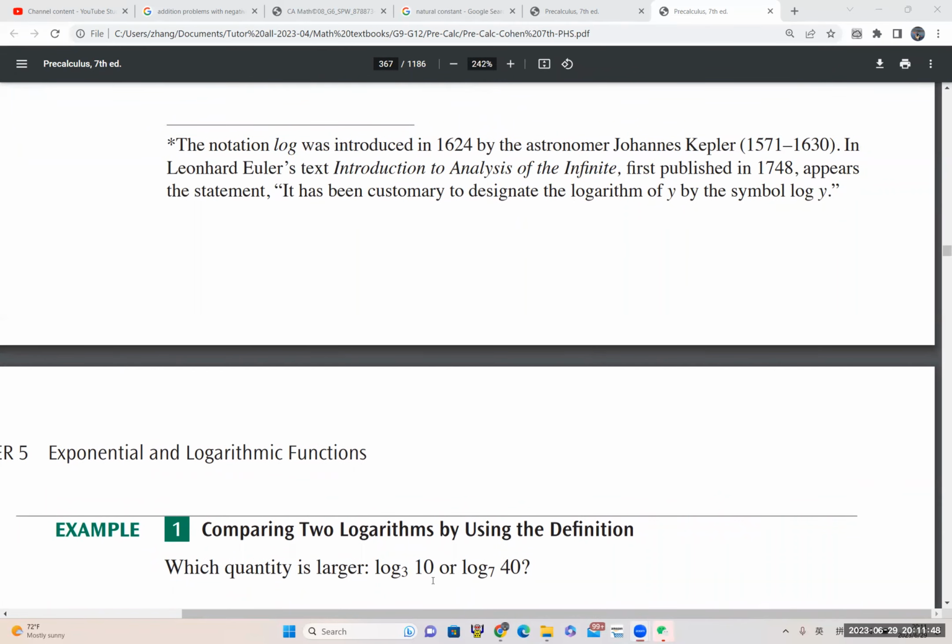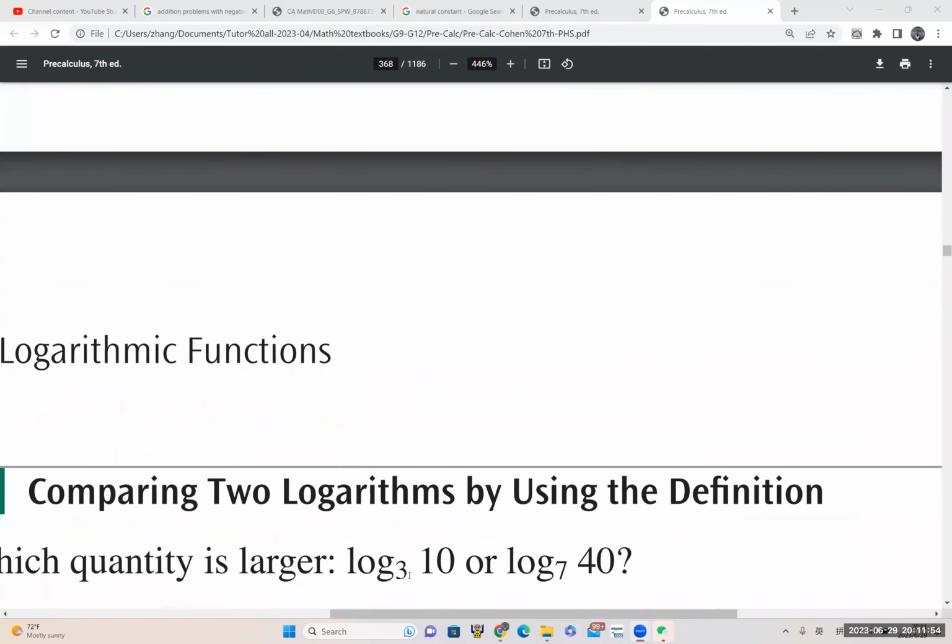Which quantity is larger? How to do this? You guys think about it. Log base 3 of 10, you mean the first one, should be greater, right? How do you know? Well, if we call this y1, and this y2, then if we go back to exponential form, we should have